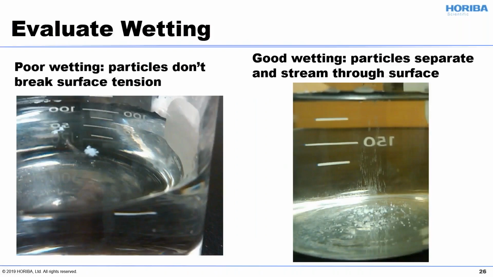They don't break through the surface tension of the water, okay? That means we have really a poor wetting. And if you have good wetting, the particles just separate and stream through the surface. And it's kind of hard to see on the right, but they're just little teeny particles kind of flying down